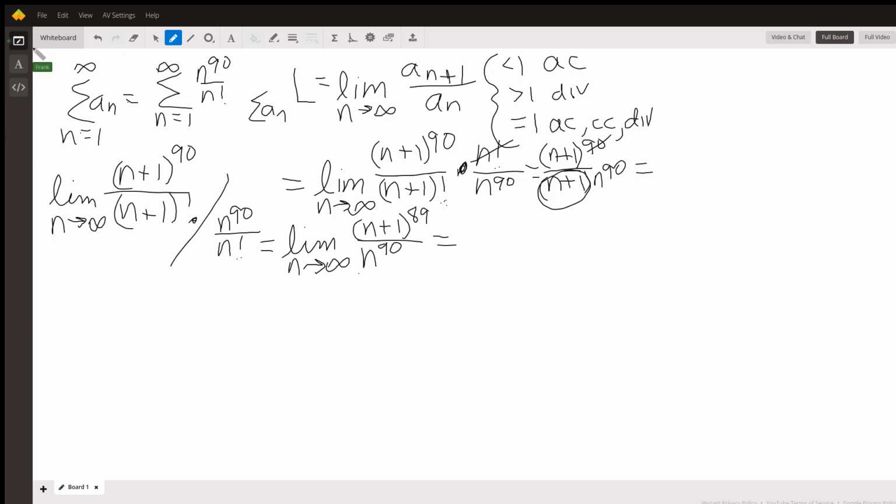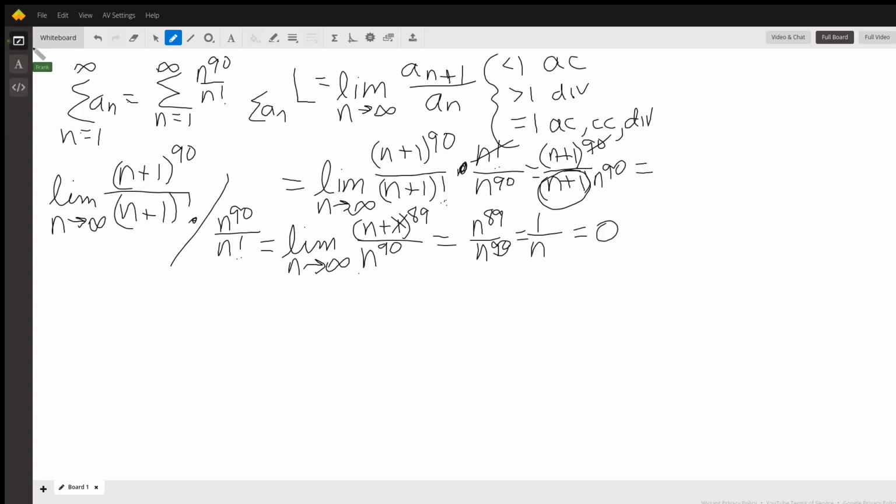Well, to take the limit, just look at the highest power of n. This 1 is negligible. It's so tiny compared to what n eventually becomes as n approaches infinity. So this is n to the 89 over n to the 90. And again, 90 minus 89 is 1. n to the 89 cancels, leaving the limit as n goes to infinity of 1 over n,